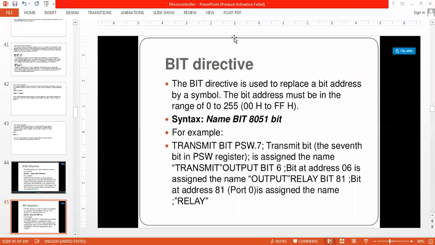Okay, you can refer to that memory location where we will get so many special function registers. So here the bit directive is basically used to replace a bit address with a symbol.